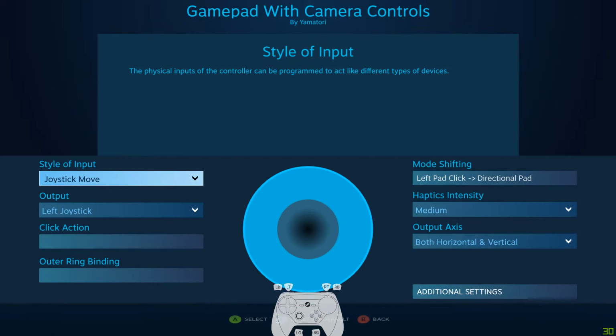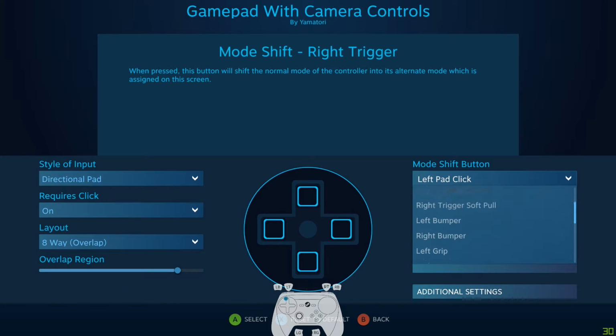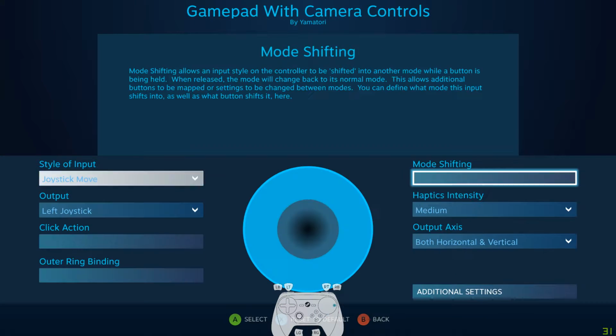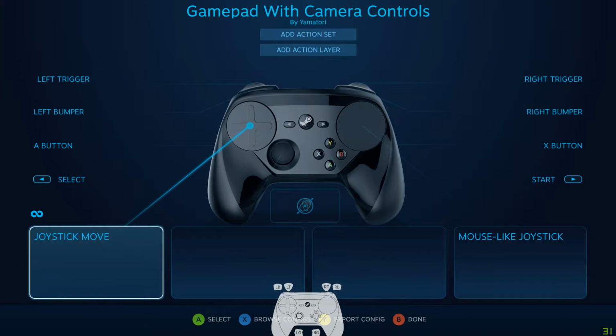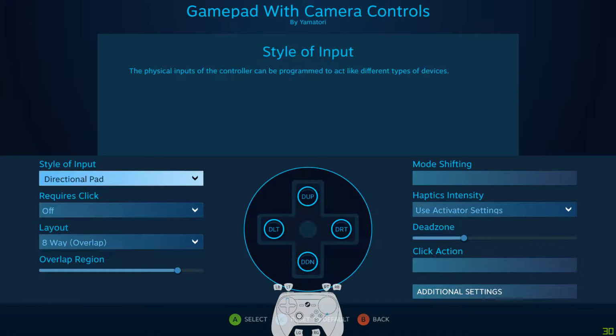But there is a way to do it. So let me go ahead and clear this out. You don't have to clear it out, but I want to anyway, that way if I ever go back to the setting, it doesn't remember anything. So the way we actually get the joystick and the D-pad on the left pad together and have them be isolated from each other so that you can activate them separately, we're actually going to set this into D-pad mode at first. And instead of putting the D-pad under the joystick, we're going to put the joystick under the D-pad,